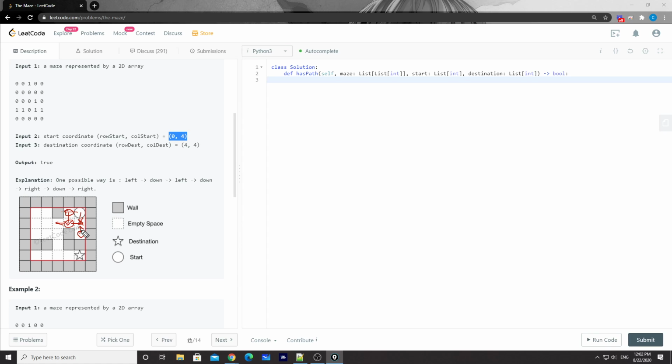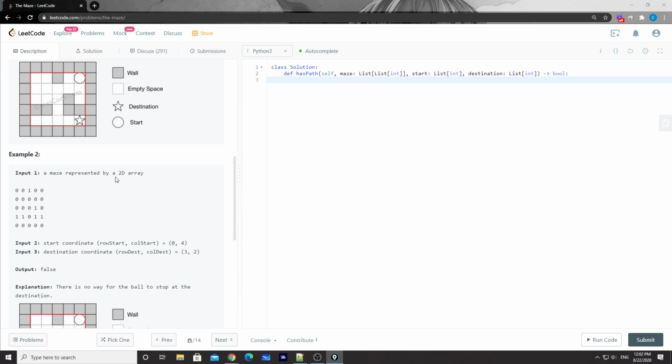Okay, and when the ball stops here, it can also have another option, go up and down. And here it will go to the left until it reaches the end. And then it can either go up, go down, or go right. And then here, at the end, it will hit this one. It will stop at the target, and only then will we return true.